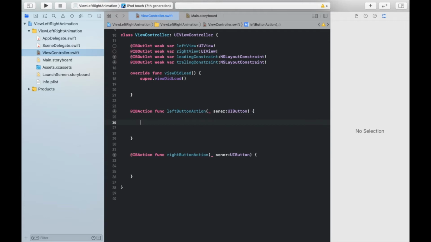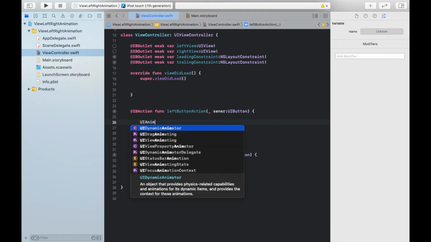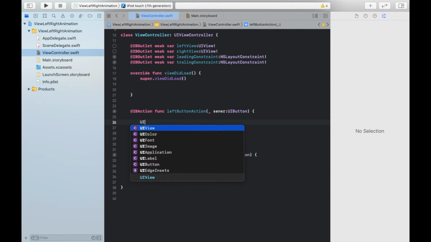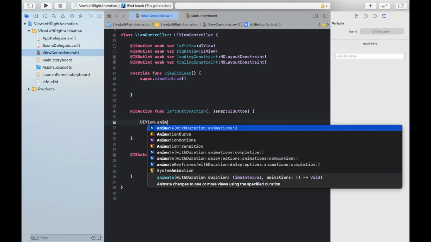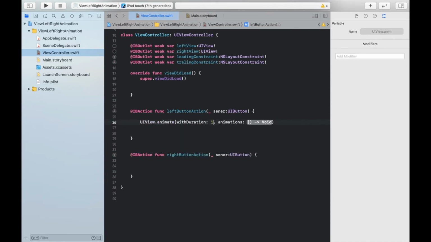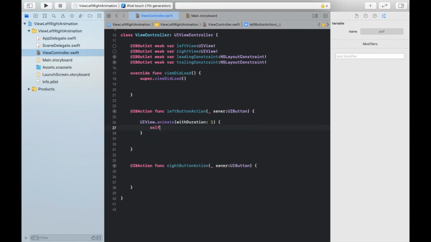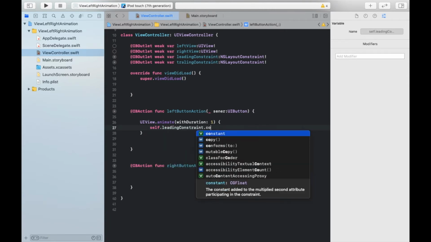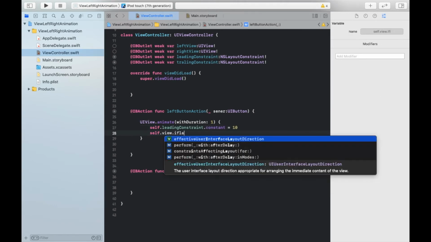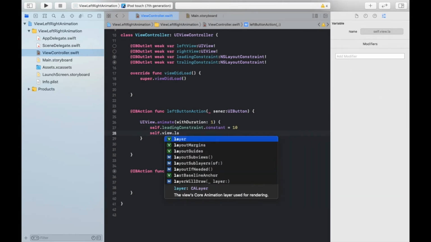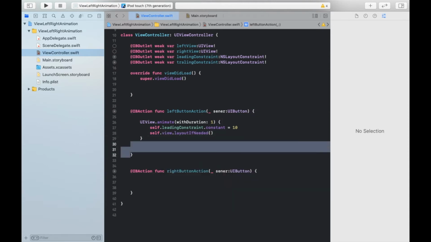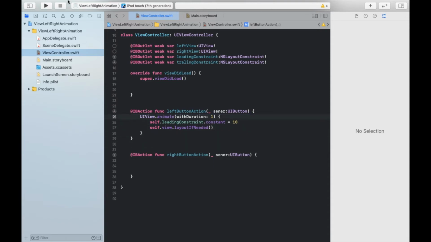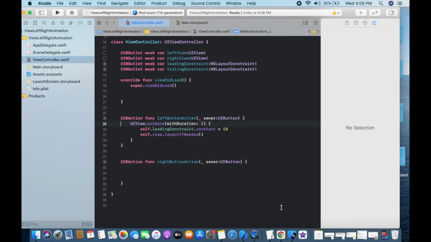Now come to the main point, the main functionality. Right there in the left action button, write the UIView animation with duration and closure functions. Inside the animation closure function, we set the left UIView leading value, and inside we write the view layoutIfNeeded. This code is implemented, and its purpose is to set the UIView positions inside the view controller screen.